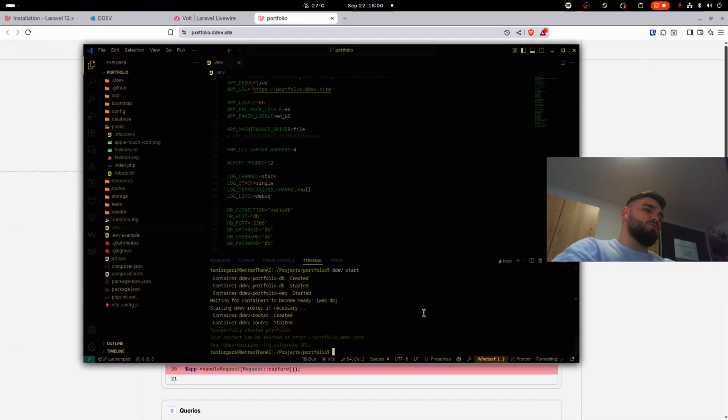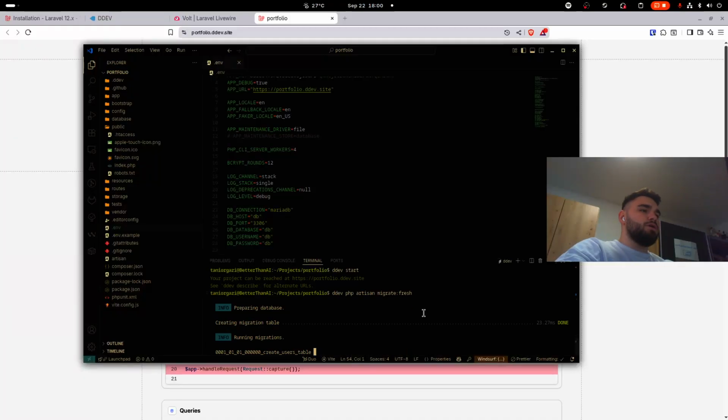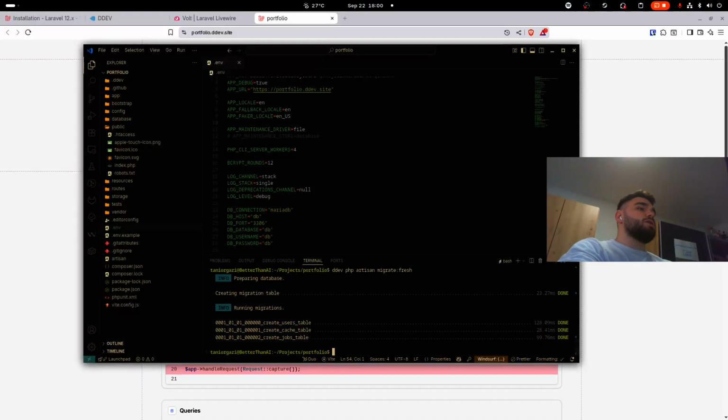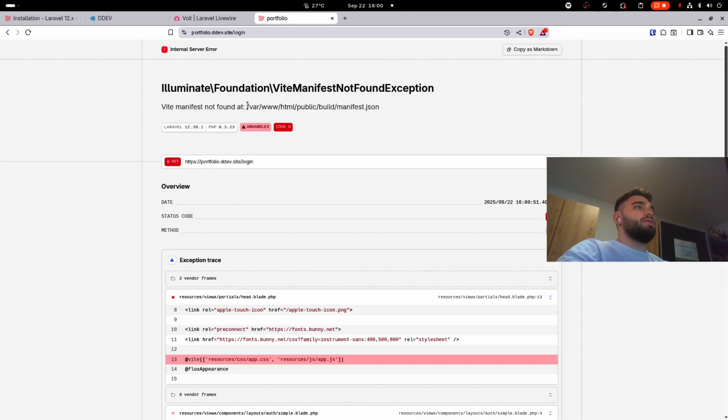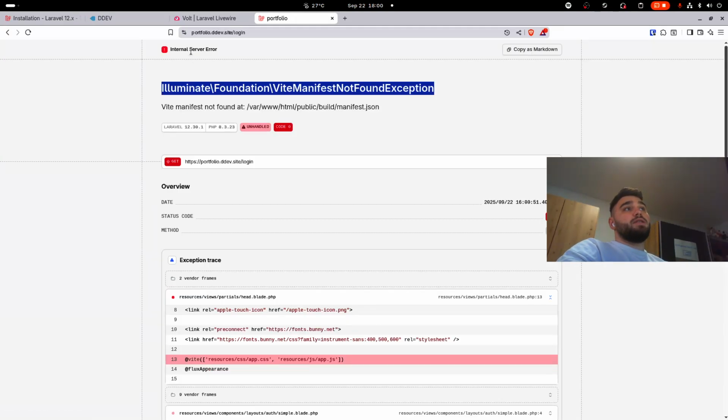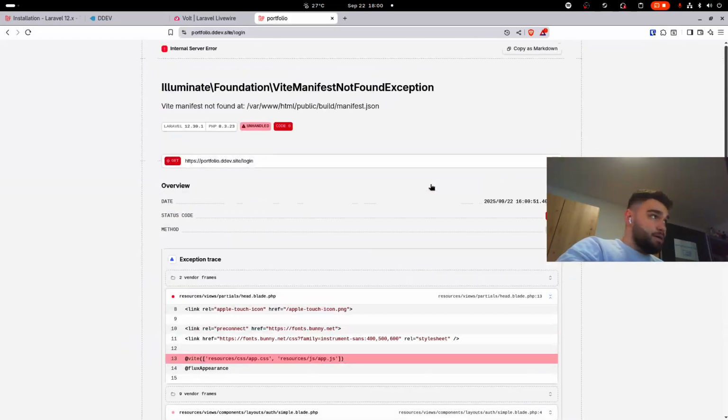But because we are serving it through DDEV, we'll have to do DDEV php artisan migrate fresh, and then the tables get created. Ta-da! We got our starting point within Laravel, which is not quite working yet because